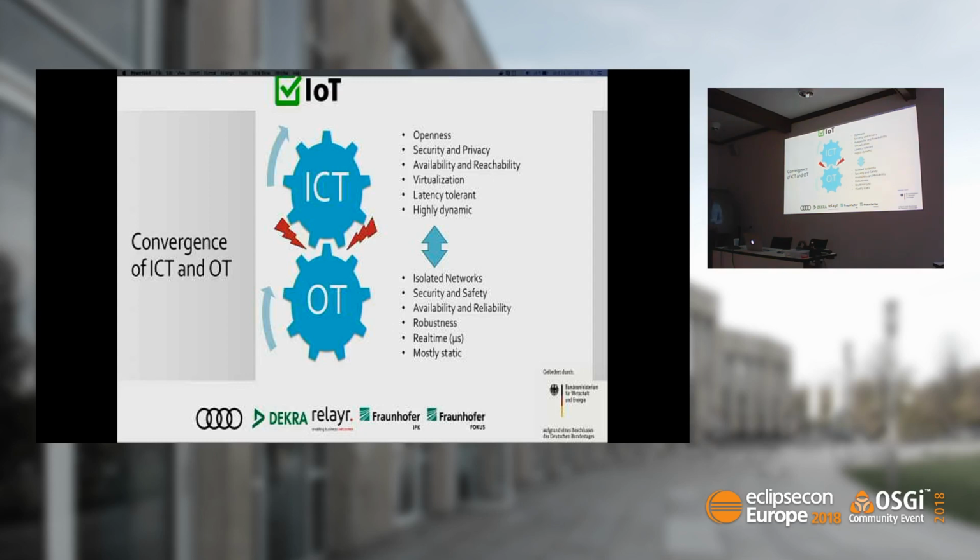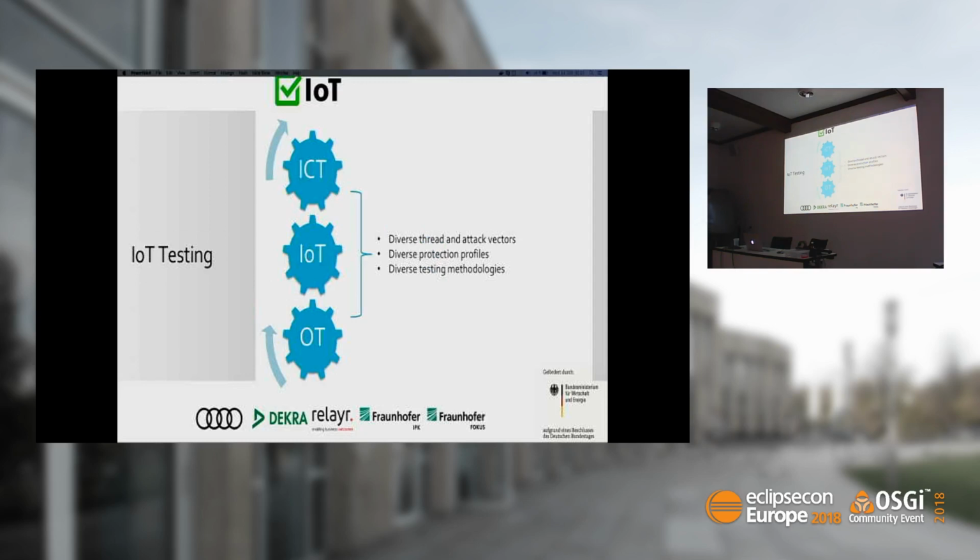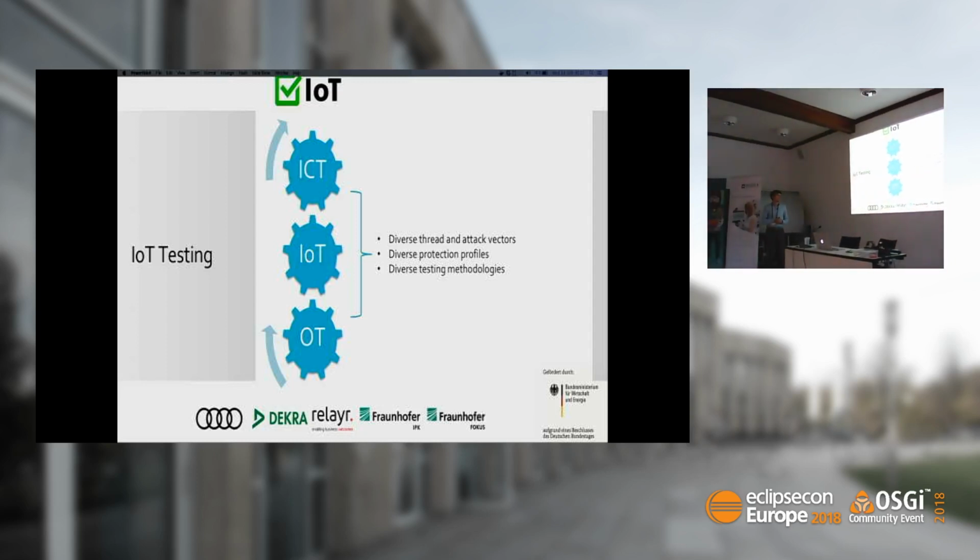And we see that IoT could be something that connects both worlds, because IoT relies on both sides. We have traditional industry devices that will now connect to the internet to transmit data and to get insights from that data. And IoT testing, if you see some surveys, is mostly about security concerns. So we also need to tackle this.